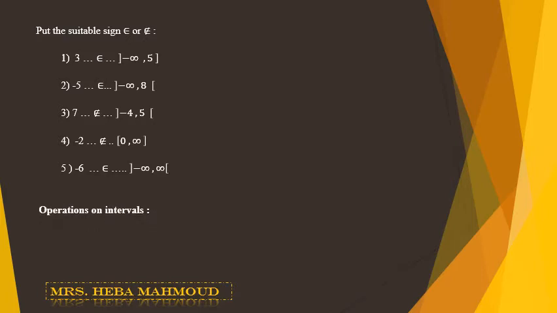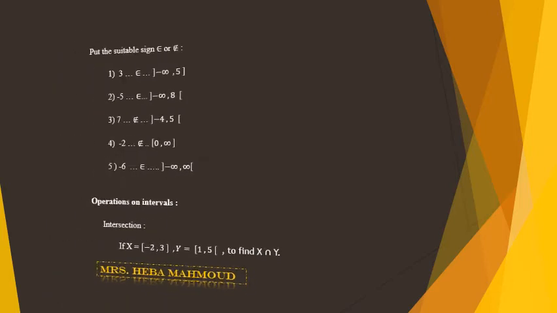-infinity till infinity open. Now we will take operations on intervals, like the operations on sets, which are intersection, union, difference, and complement. First, we'll take the intersection. If we have two intervals, interval x from -2 to 3, closed, and y, 1 closed and 5 open, to find the intersection,